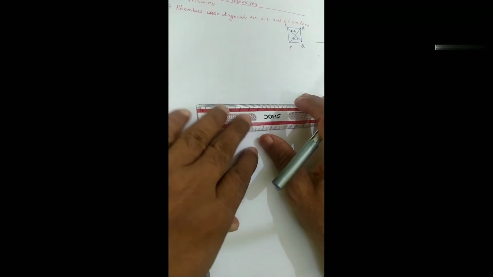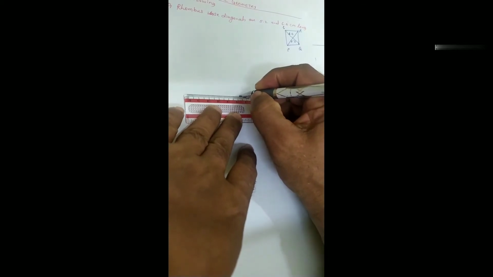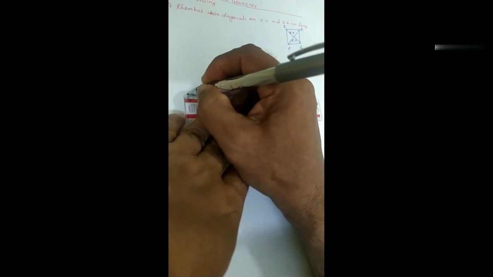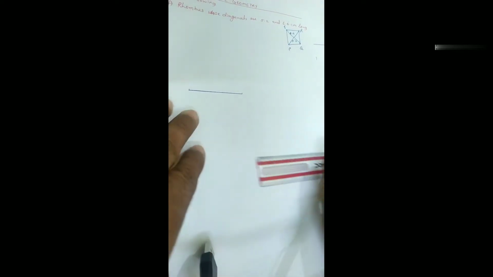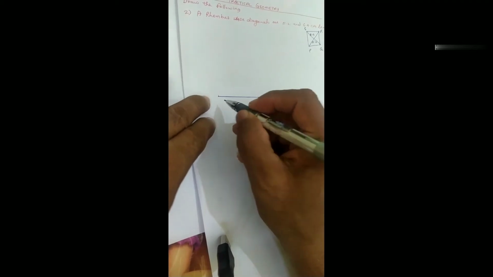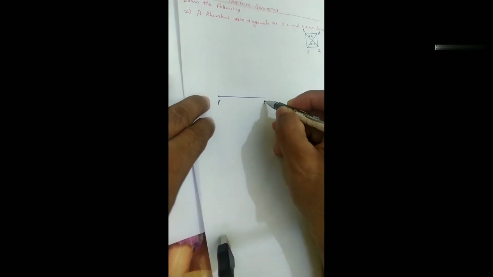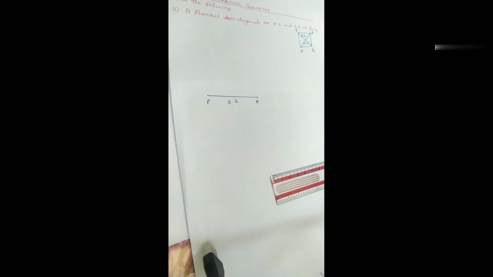So we will take PR as 5.2 centimeters and we will take a bisector of this exactly at the center,